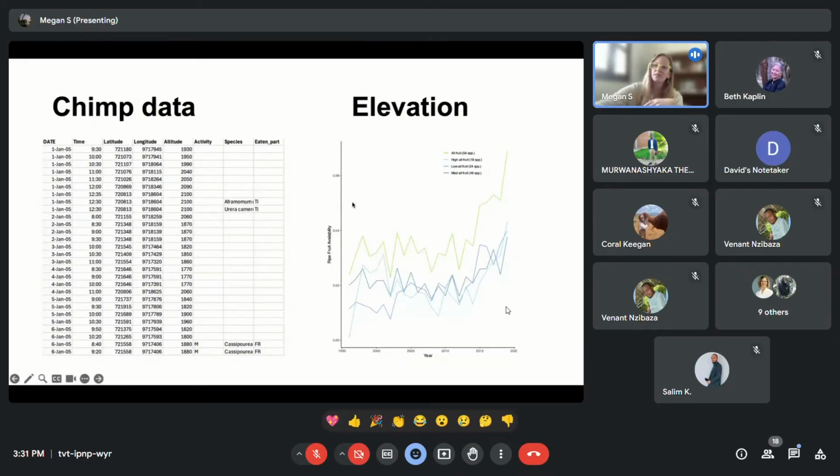I've also been digging into different ways to model the fruit production at different elevations in the park. This was an older model that I was looking at that didn't show a lot of differences, but it involved grouping some of the species together, and the species occur across an elevational gradient. So I'm working right now on a model that considers each species' fruit production individually rather than at a species mean level.